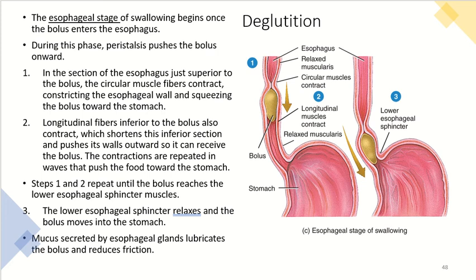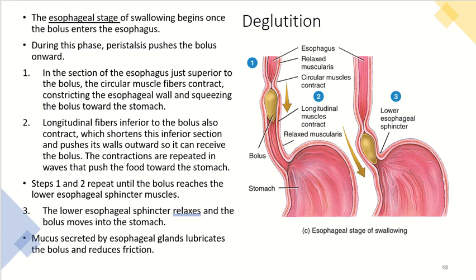The esophageal stage of swallowing is going to begin once the bolus enters the esophagus. So during this phase, peristalsis is going to help to push that bolus onward down into the stomach. This is going to happen in a few different steps. In the section of the esophagus that's just superior to the bolus, there's going to be circular muscle fibers that are going to contract. This is going to result in a constriction of the esophageal wall,